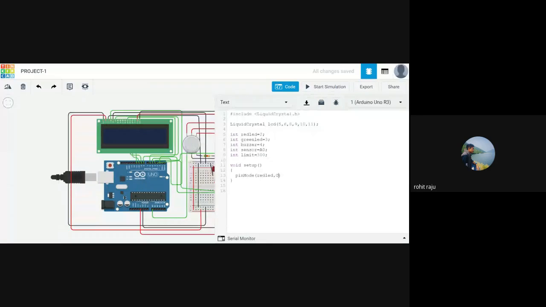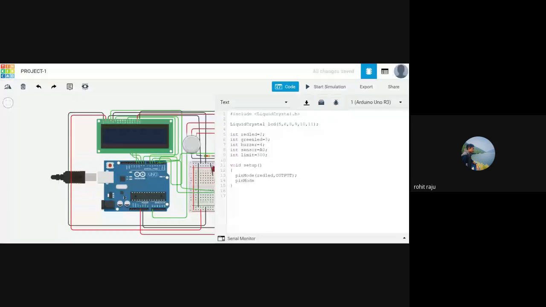We want the green LED to be output. We need the buzzer to be output. Sound is an output, right? The sensor is an input, so make sure of that.